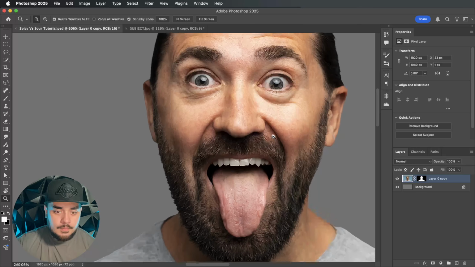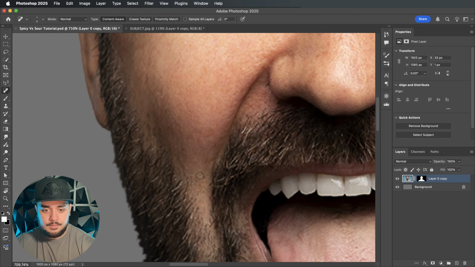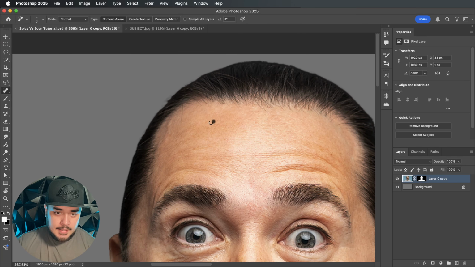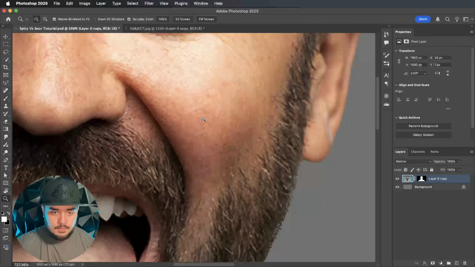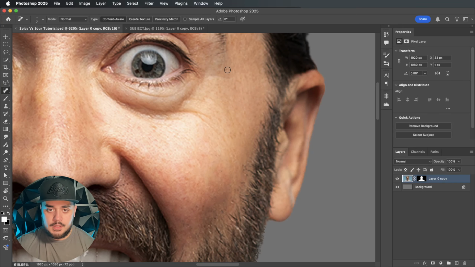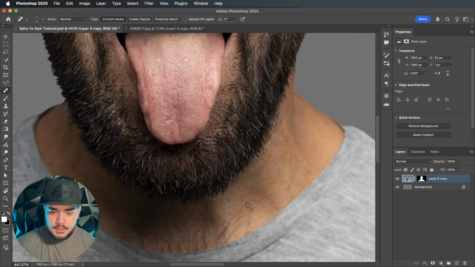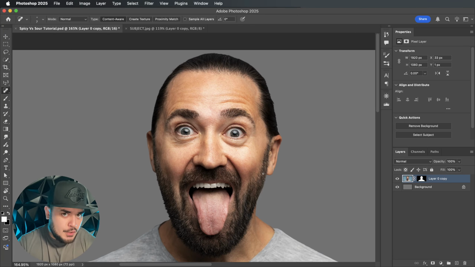Yeah, looking good. Maybe some baby hairs down here. Okay, on the foreheads, let's see, just a couple spots. Yeah, this is looking pretty good. Let's go to the neck. Yep, one there. That's pretty much it. Okay, perfect. So we've removed pretty much all the imperfections on the subject's face, and now we can convert the